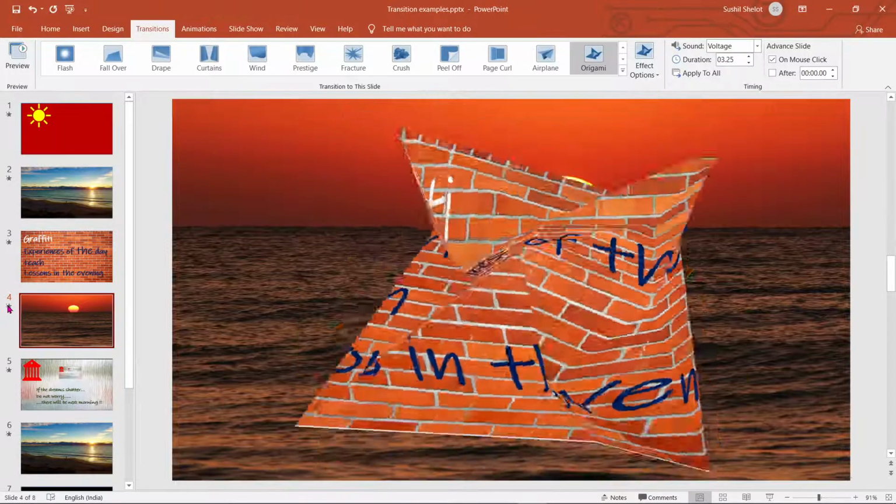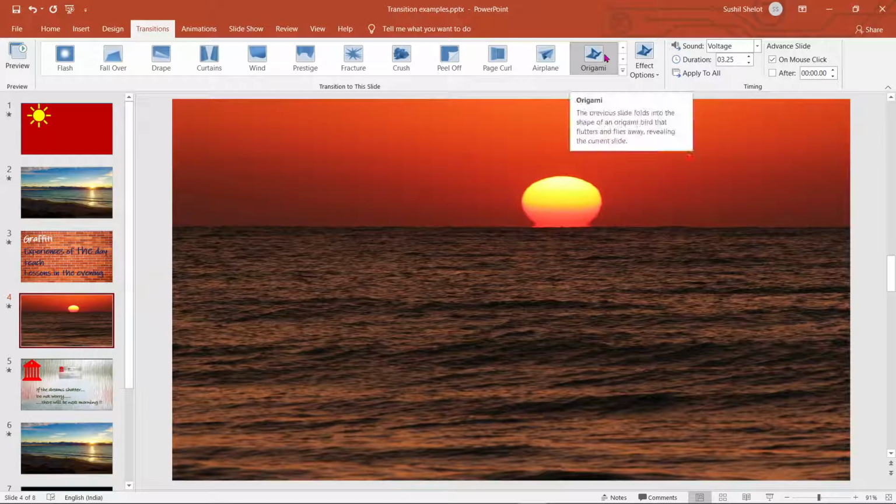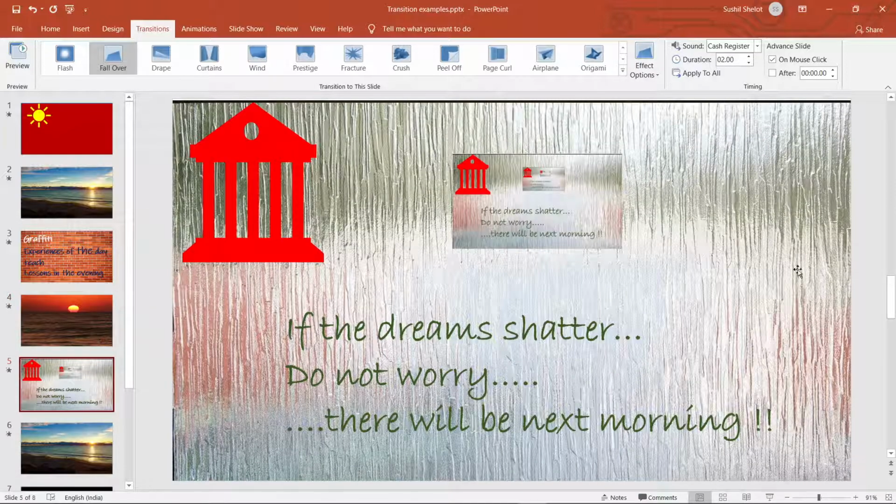On this slide, I use the transition of origami, wherein the brick wall was converted into a, well, that was me. The brick wall got converted into an origami bird image and it flew off from the screen. So this transition really makes one feel that there was a bird there in the forefront of the setting sun. The next slide had a glass pane on which it is written that